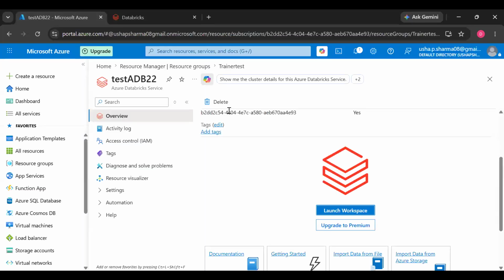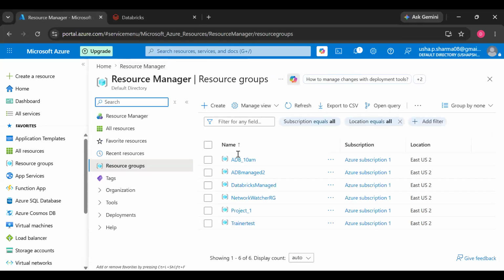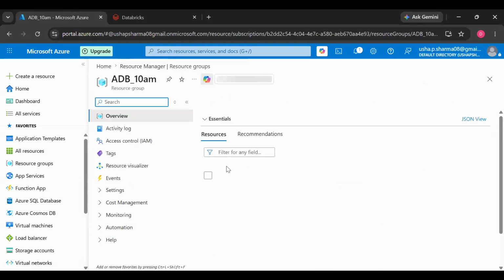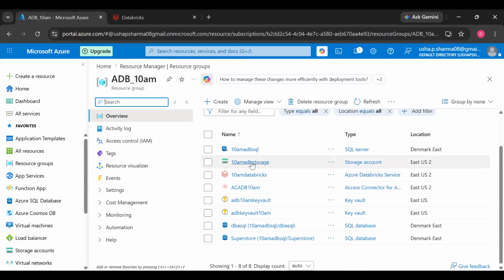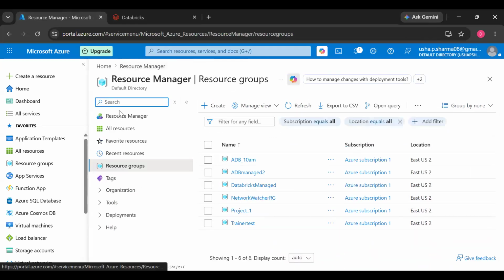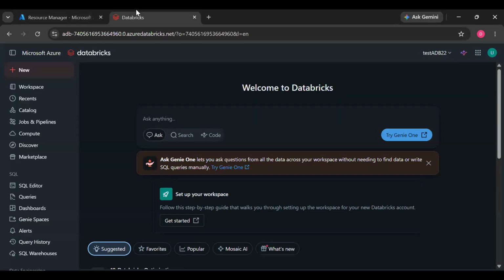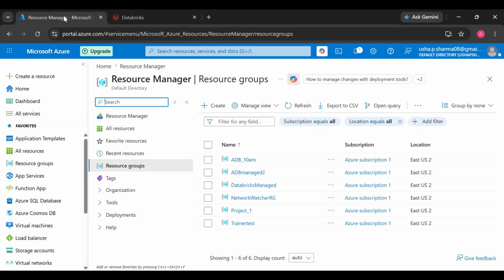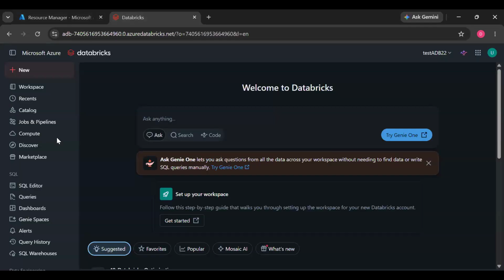And see from here, Azure provides many other resources too, like storage accounts to store your data, databases, SQL databases, key vaults, access management. There are many things you want to understand from Azure as well. We will cover each one of those. And don't worry, we will create a free account for everyone. We will let you know how to do that. Once we are done with Azure, we will come to Databricks.